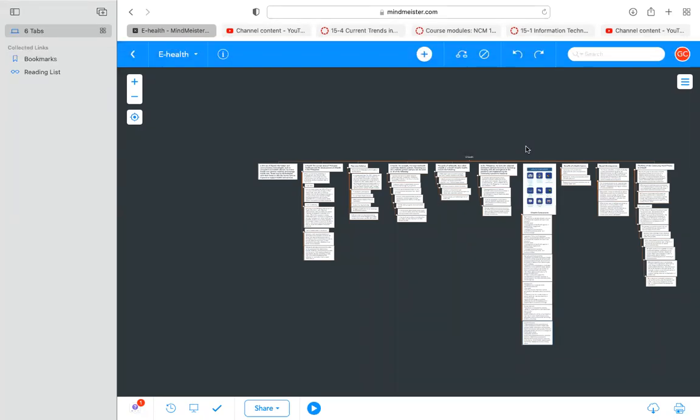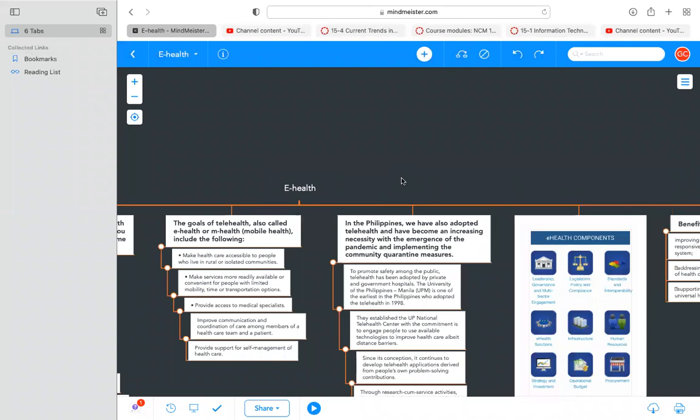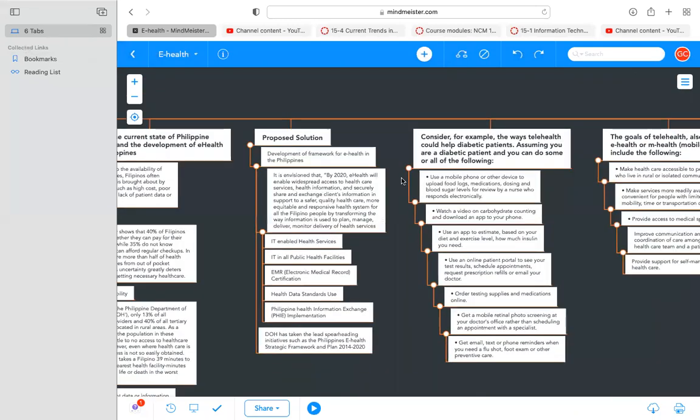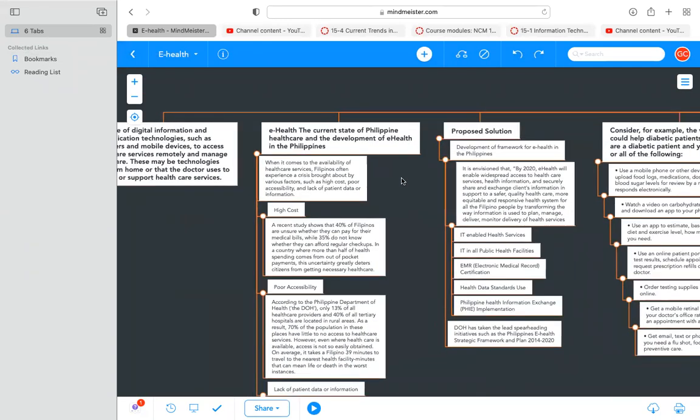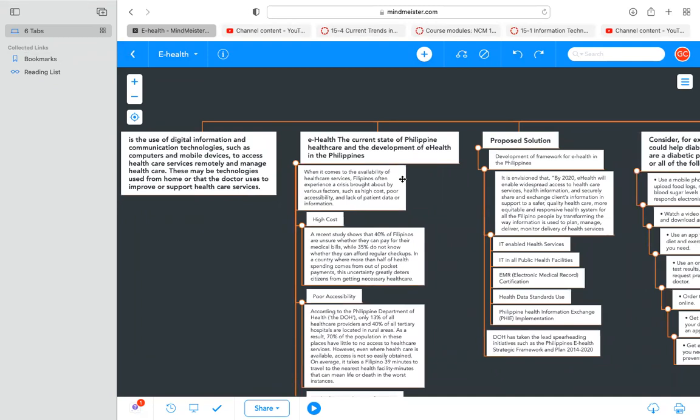Hello, everyone. This session is about a discussion on e-health. Although I know that you have your informatics this semester, it's just the same. Let's discuss, at least, the summary or the overview of e-health, especially e-health in community health nursing.